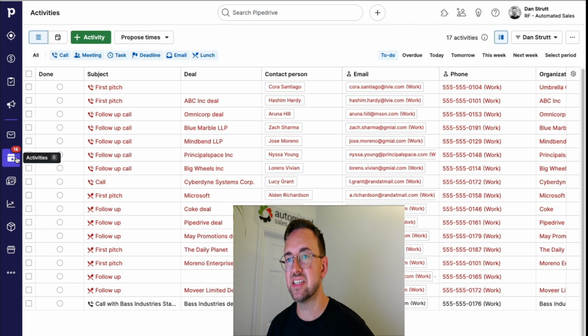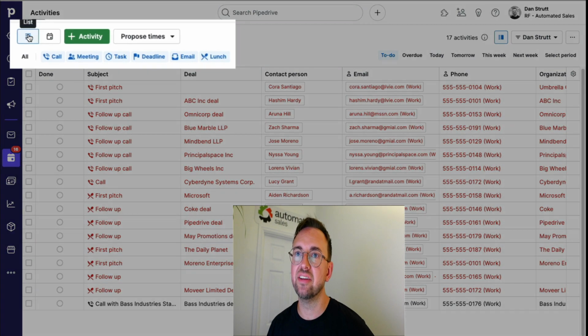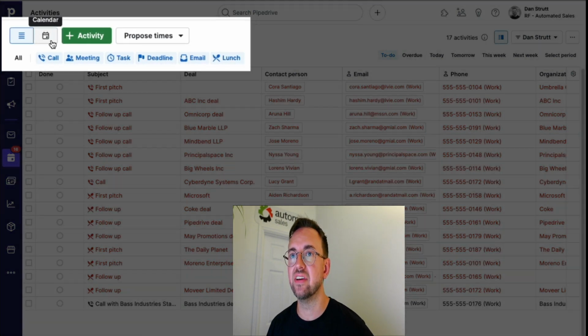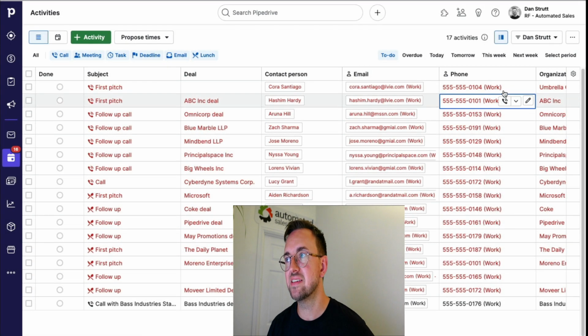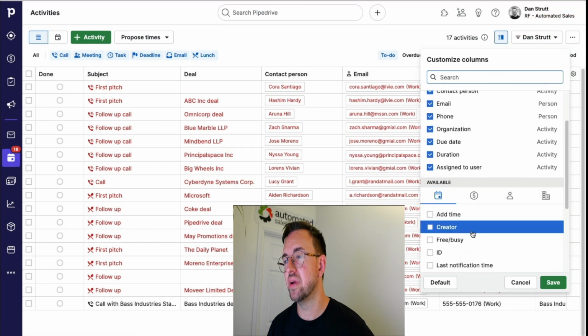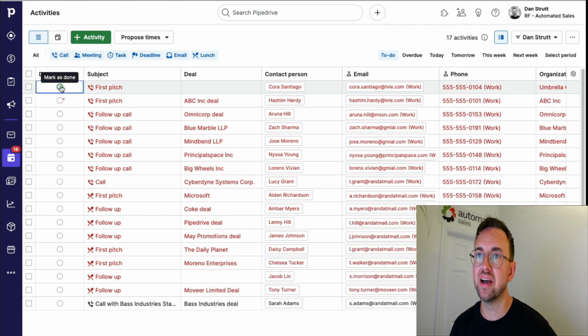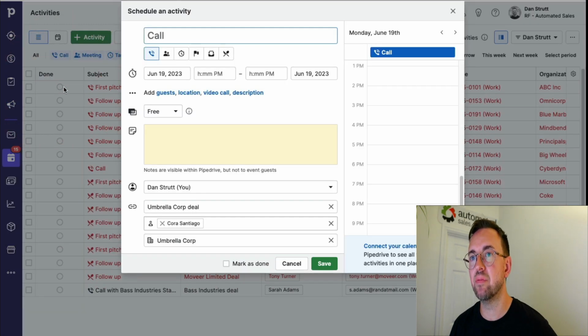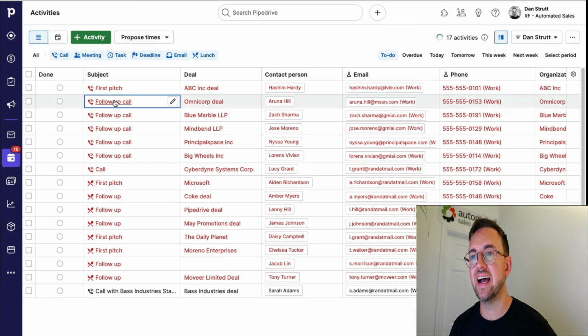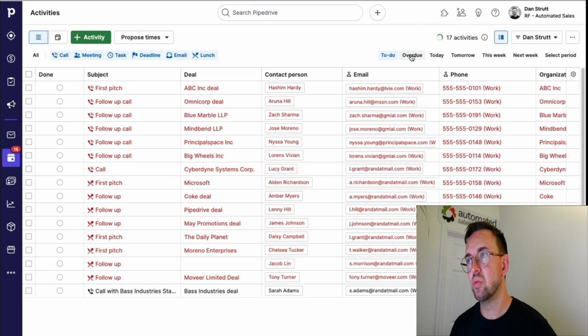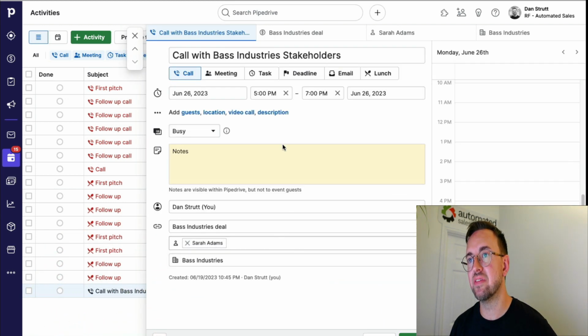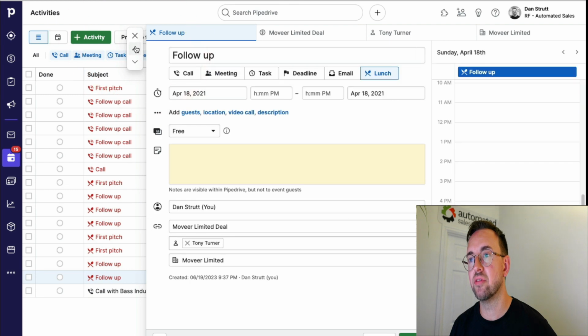So we have a dedicated section here on the left hand side for activities. And you can view this on both list views and calendar views. So list view will show you everything in a list. Again, as with much of Pipedrive, we can add additional columns here because it's effectively showing us a spreadsheet. We can mark activities as done directly from here. And when we do that, again, Pipedrive is going to pop up with the prompts to input the next activity. We can look at overdue activities, which are red. We can look at activities which are to do, which are black, and we can click into any of the activities and it will give us the full details,